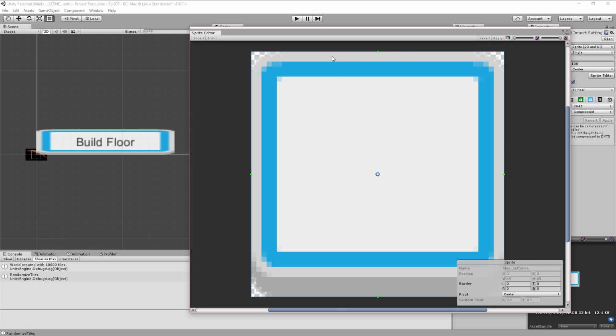Instead, it's basically just the top, bottom, right, and left borders that stretch, and it's basically a simple line, so that's going to stretch just fine. And then the middle is going to be expanded to fill the remaining space, but again, we just have a solid color here, so that's going to look fine as well. So what you have to do in your sprite is tell it that you've got a border, and what we're going to do is drag down this rectangle here, or we could type in the numbers if we wanted, but we're going to drag it so that